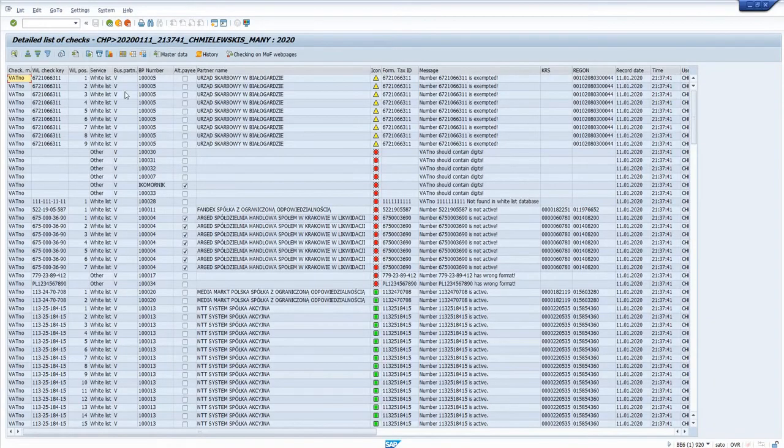So there are no limits taken into consideration, which is fine. Okay, let's continue. As you could see, some of my vendors had the alternative payee activated. So we will take a look at them. For example, this one, 100004, and